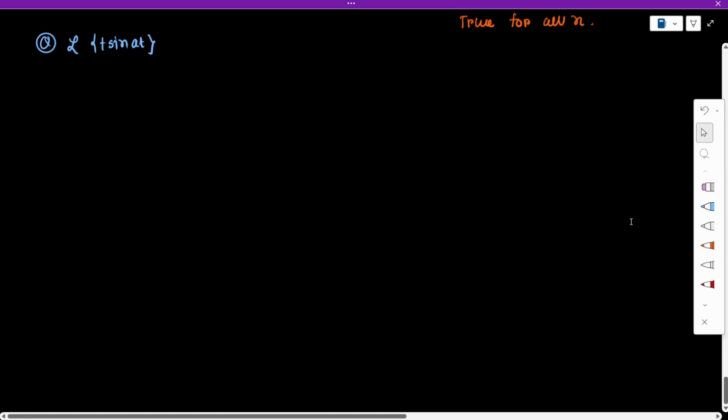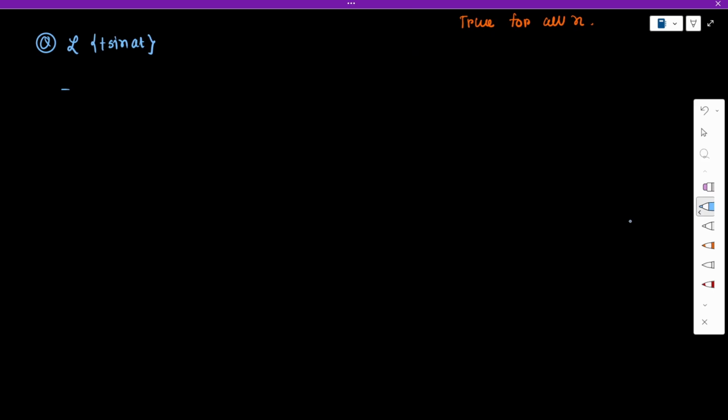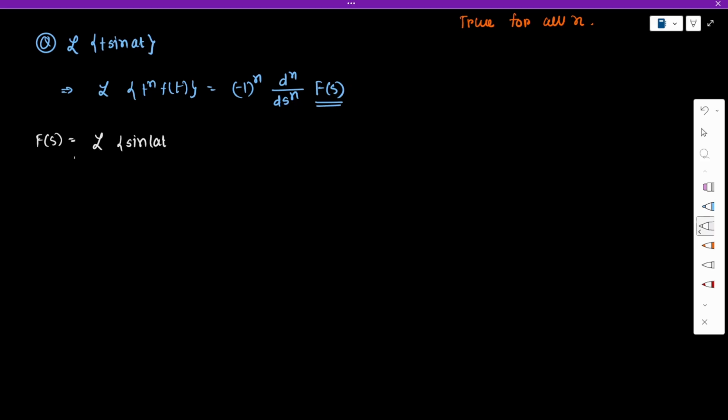Okay, so we have already known that the Laplace transform of t^n f(t) is equal to negative 1 to the power n, the nth derivative of F(s). So first of all, let's find F(s). What is F(s)? F(s) is the Laplace transform of sin(at) here, right? We have already known that the Laplace transform of sin(at) is a divided by s squared plus a squared. So if we want to find the Laplace transform of t sin(at),